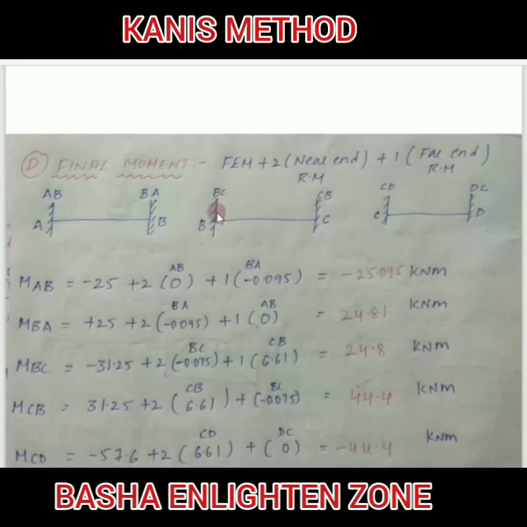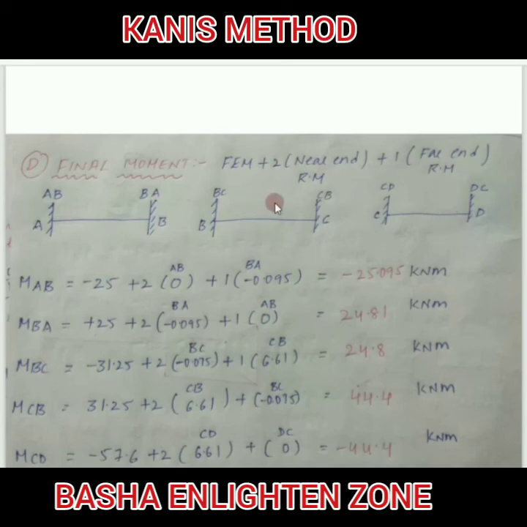While calculating BC fixed end moments, for BC, CB is the far end. For CB, BC is the far end. For BC, BC itself is the near end, and for CB, CB itself is the near end. And for CD, DC is the far end, and for DC, CD is the far end. For CD, CD itself is the near end, and for DC, DC itself is the near end. Why I am showing this particularly is so you don't get confused. If you thoroughly know what is far and what is near in the analysis, then your procedure will be easy.